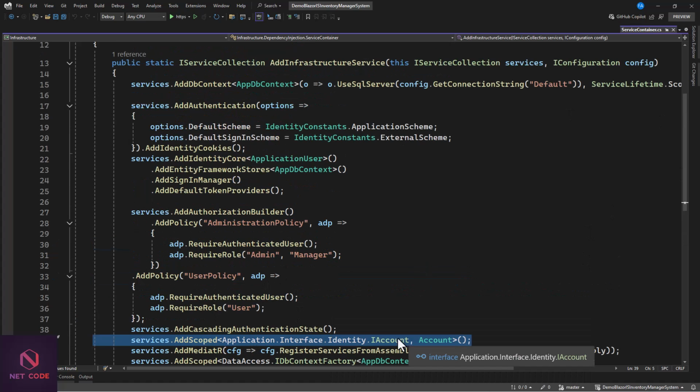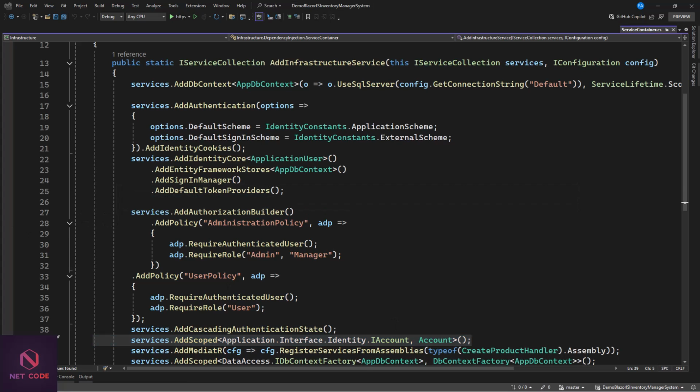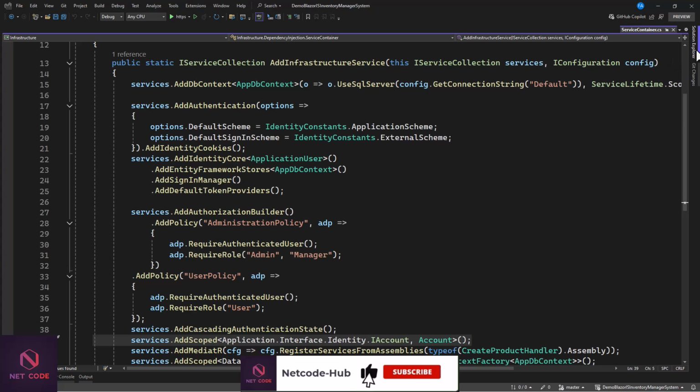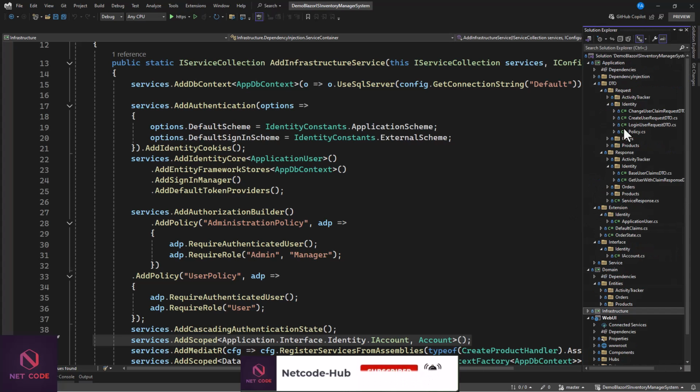Let's create service for this account. So in order for us to create a service, this service should be created in the application layer, because that's what's going to be consumed by the UI. So you want the UI to interact with the service while the service interacts with the repo. Okay, so let's minimize this. Now let's go to the application layer. We need to create